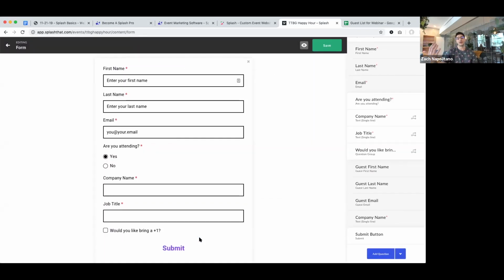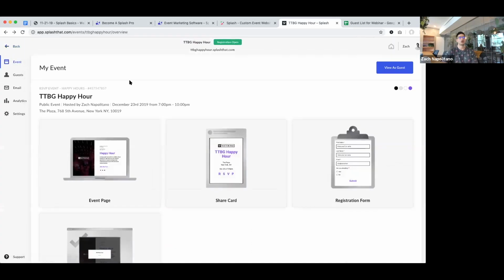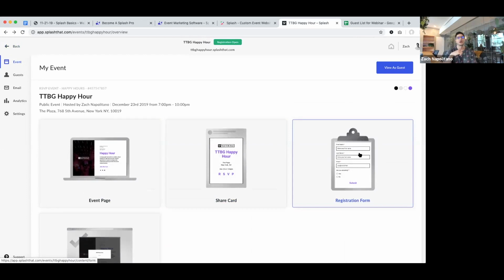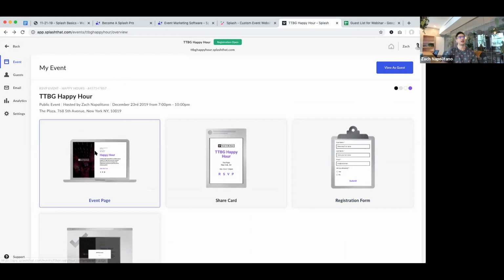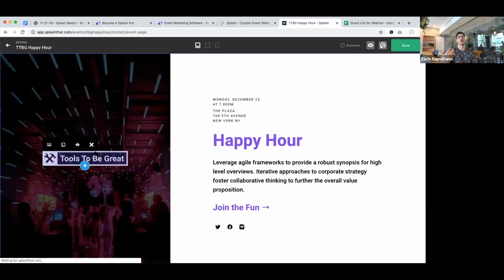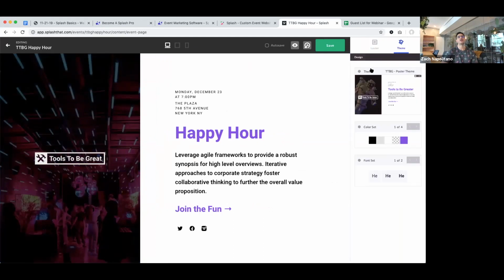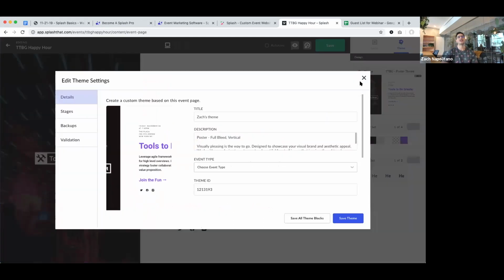So what I recommend doing for the users who are really thinking about scaling out with different templates for different languages, prepare an event page with all of the languages that you want. Update the registration form, update the email templates, update the confirmations, right? When you're done with that, you have now created a blueprint for others. You would go into your event page after all those languages have been updated, and then you could save your work as a new theme.